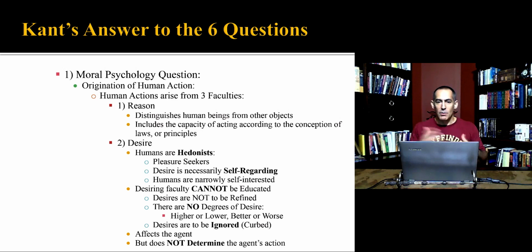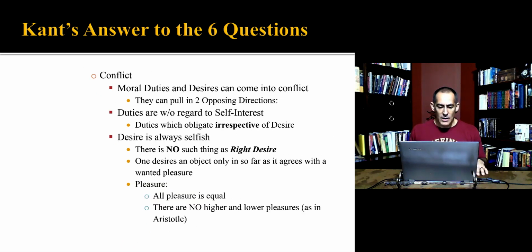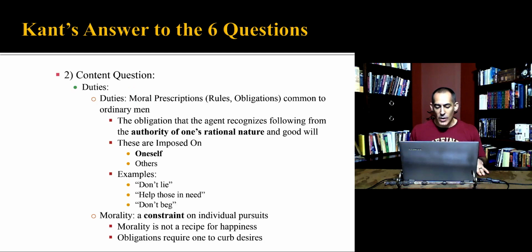Human desire is an incredible motivating factor and thing that we take into consideration when we go after certain things. Human reason, and then the most important of the 3 for him is going to be the free will. Maybe I shouldn't say it's the most important for him. It's a very important part, but I probably shouldn't put it higher than reason, because reason is ultimately going to be one of the foundations for his entire ethical theory. So again, reason, desire, and free will are the aspects of the human psychology that we're going to be talking about.